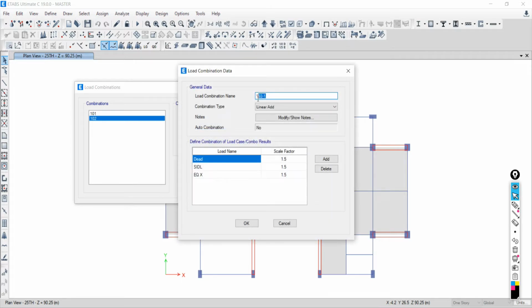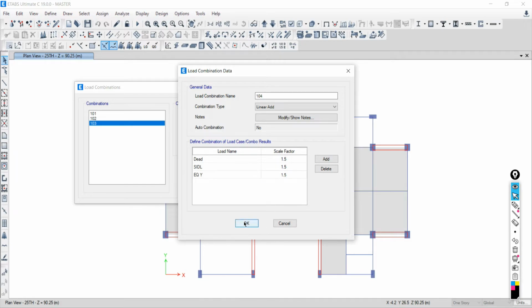Add copy of combo, it will be 103, with earthquake in the minus sign. Say okay. Add a new combo, this is 104, for positive Y: change it to Y and make it positive.